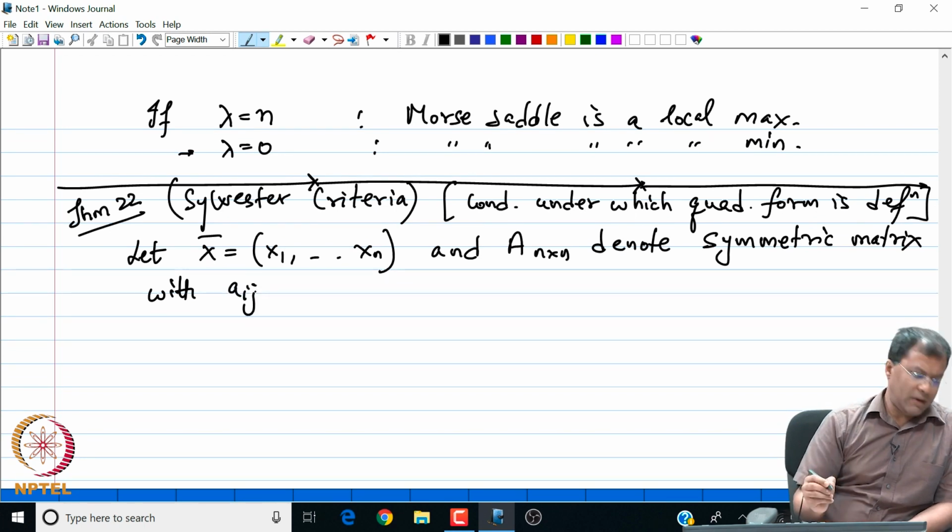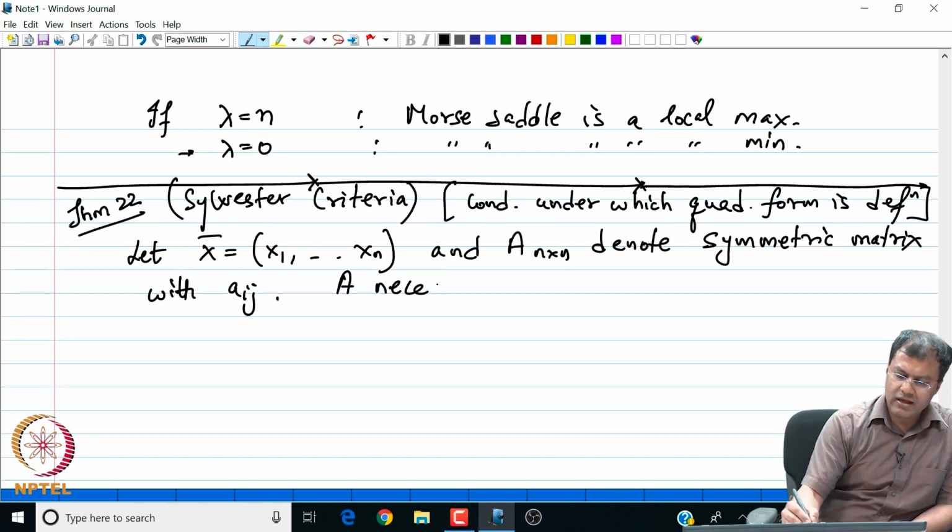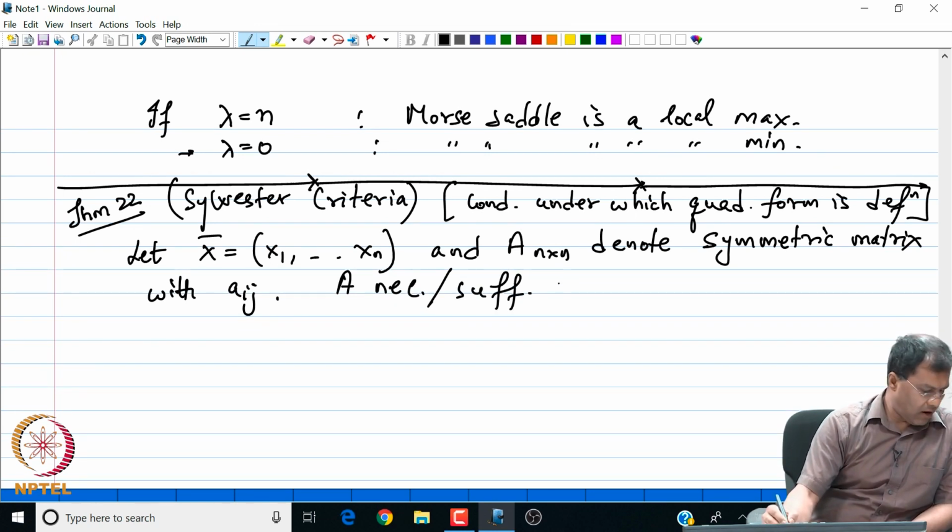My Sylvester criteria says that a necessary as well as sufficient condition for